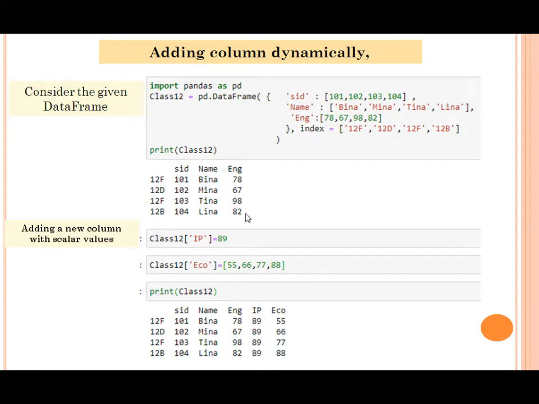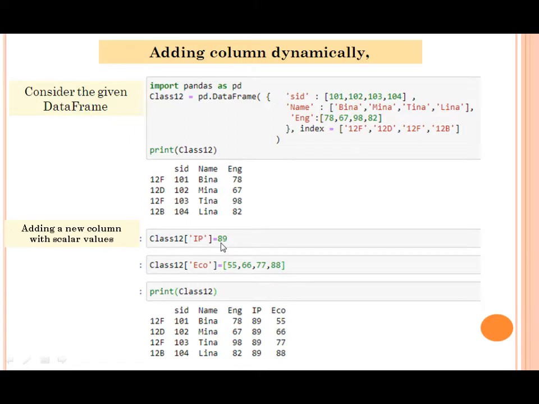Scalar means constant. So when I want a new column with constant values, I put the syntax like this. Class12['IP'] equals 89 means the column IP is now in the data frame with all the values as 89.